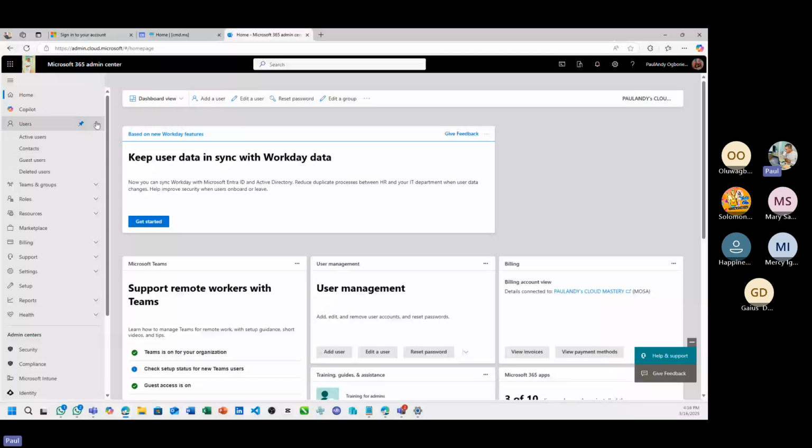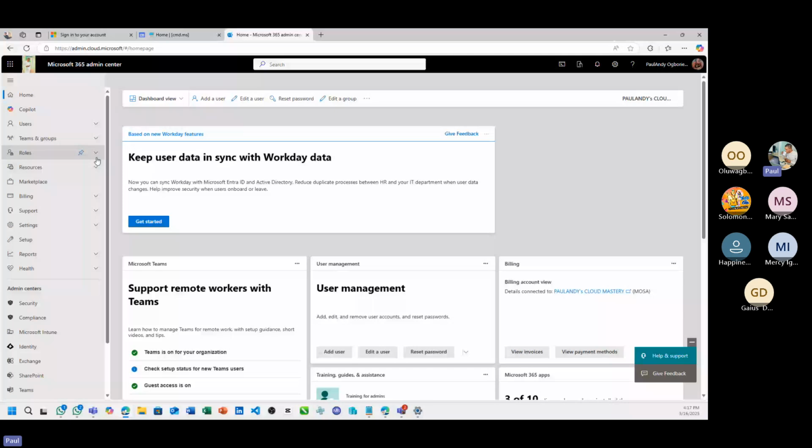We talked about teams and groups, active teams and groups, where we talked about the current teams and groups that we have, as they are linked with each other, where we were told that not all teams are groups, while all groups are teams, right? And then we have the policies that guide them. We have the deleted groups rather, and then we have the shared mailbox. Then we move on to the role assignments. I think this was discussed last week. And the role assignment,